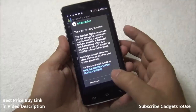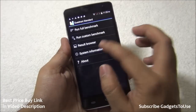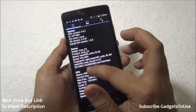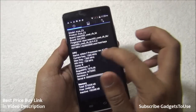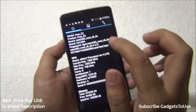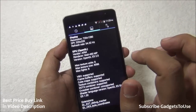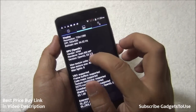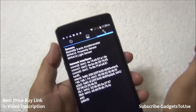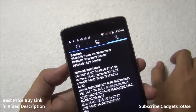For that we will launch Quadrant Standard, and over here we will find out the system information. We have the model name which is Arya Z3. ARMv7 processor is there, clocked at 1.4 GHz. It is an octa-core CPU which is 6592, and then we have the display resolution which is 720 by 1280. We have Mali 450 MP GPU, and when it comes to sensors, we have a fairly limited number of sensors, which